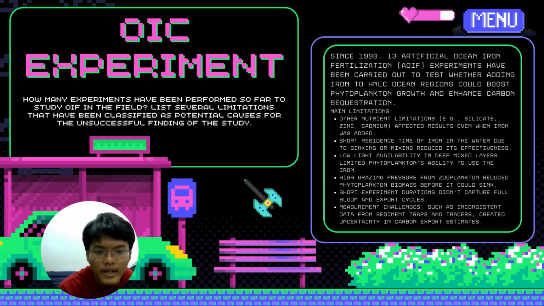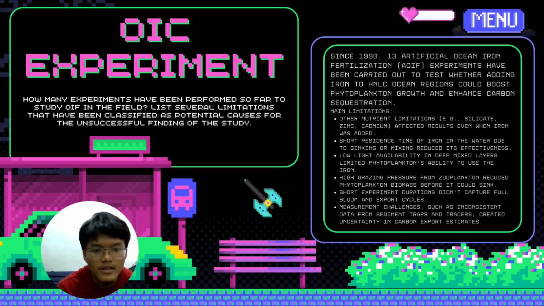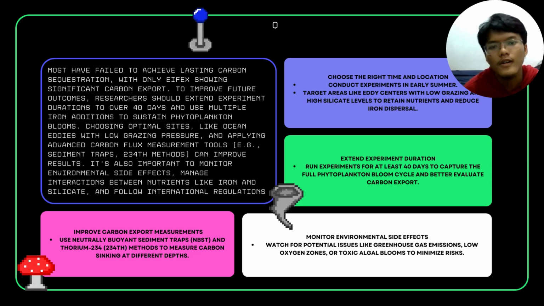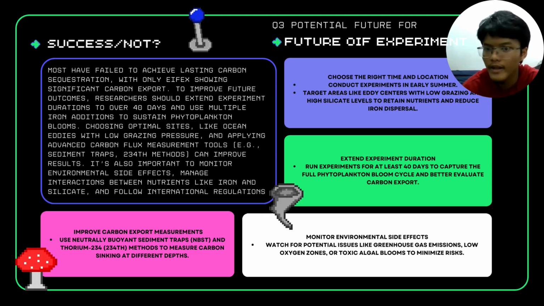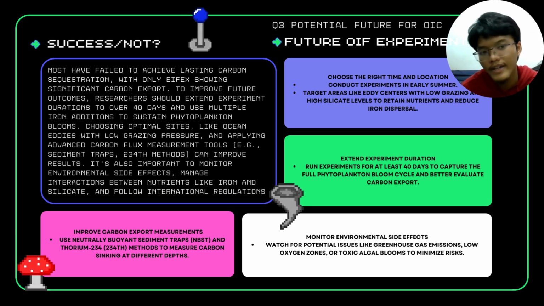Then we have low light availability in deep mixed layers, which limited phytoplankton's ability to use the iron. Then we have high grazing pressure from zooplankton, which reduced phytoplankton biomass before it could sink. Next, we have short experiment duration, which didn't capture full bloom and export cycles. And then we have measurement challenges, such as inconsistent data from sediment traps and tracers, which create uncertainty in carbon export estimates. So, did these experiments succeed or not? No, they failed, but only the European iron fertilization